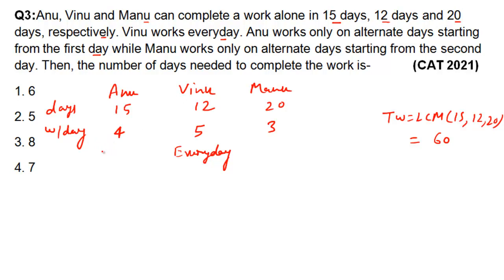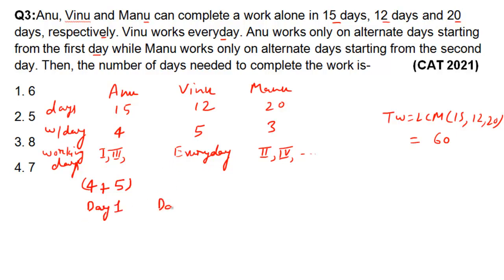Vinu every day. Anu works only on alternate days starting from first day. So Anu is working day number 1st and day number 3rd and so on. Here I am writing working days. So working days I have written 1st, 3rd, and for Manu starting from 2nd days and 2nd, 4th and so on, right? So what will happen that in the first day, since Vinu is working on every day, in the first day Anu will work 4 units of work, plus Vinu will work 5 units of work. So this is day 1,